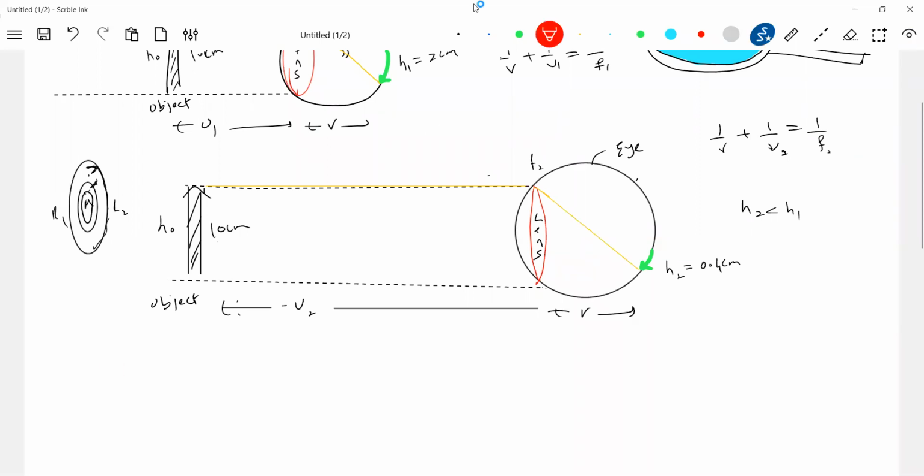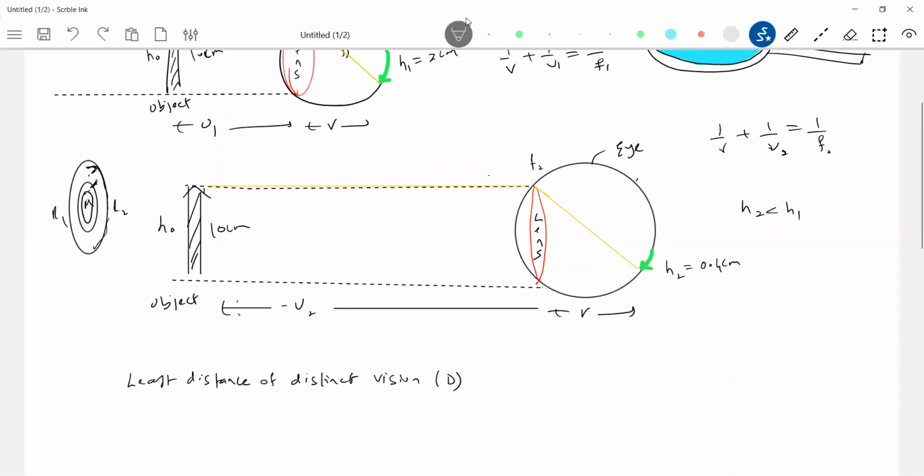So the least distance of distinct vision. Least distance of distinct vision. What do you mean by distinct? Means comfortably, clearly. I should not use the word clear. Distinct means as you are able to say that it's an object. That's called distinct. Least distance of distinct vision. What is the value of this? 25 centimeter. If an object is at a distance less than 25 centimeter from the eye, the eye will get strained